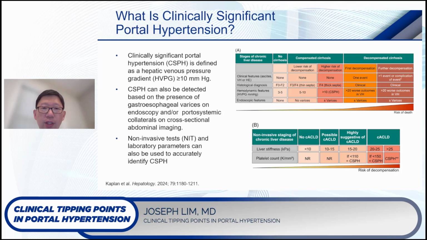So, what are the definitions of the portal pressure that meets the CSPH threshold? This is currently defined as a hepatic venous pressure gradient of 10 millimeters of mercury. But clinically, it is not practical to directly measure this with HVPG measurements through interventional radiology or hepatic hemodynamic laboratory, but is more commonly measured either by the presence of portal hypertension on endoscopy with esophageal gastric varices, or alternatively